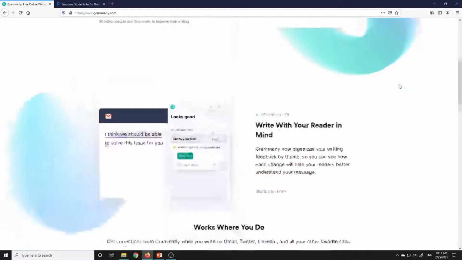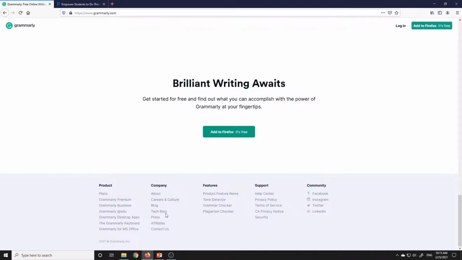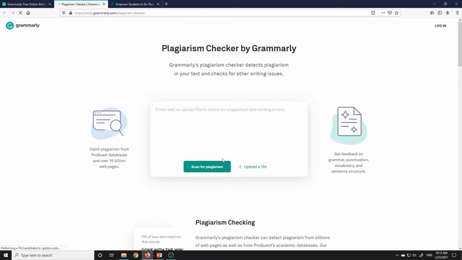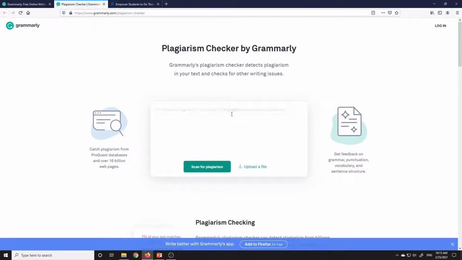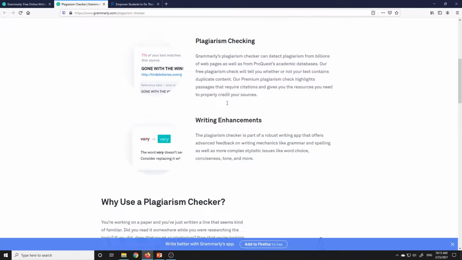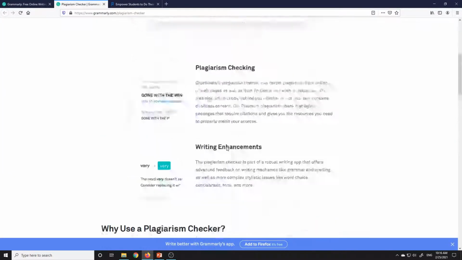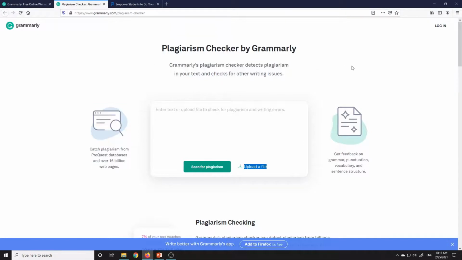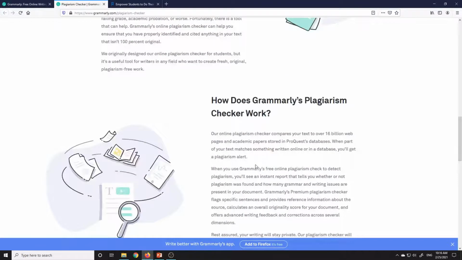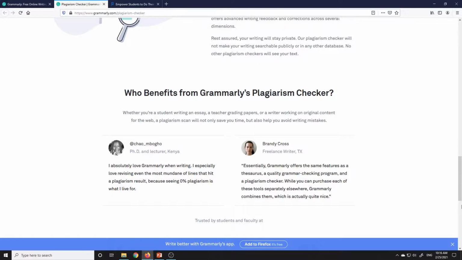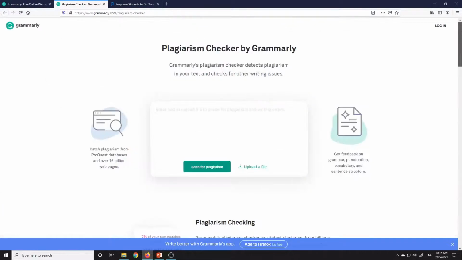Wait a second, let me see where is the plagiarism checker. See, features: grammar checker, plagiarism checker. Let's go to the plagiarism checker first. Whatever files you have, either copy paste it here or upload a file, scan, and you will get the plagiarism. For Grammarly we have also got this plagiarism checker. You can just copy paste your text here, or you can upload a file. I think it is free, but